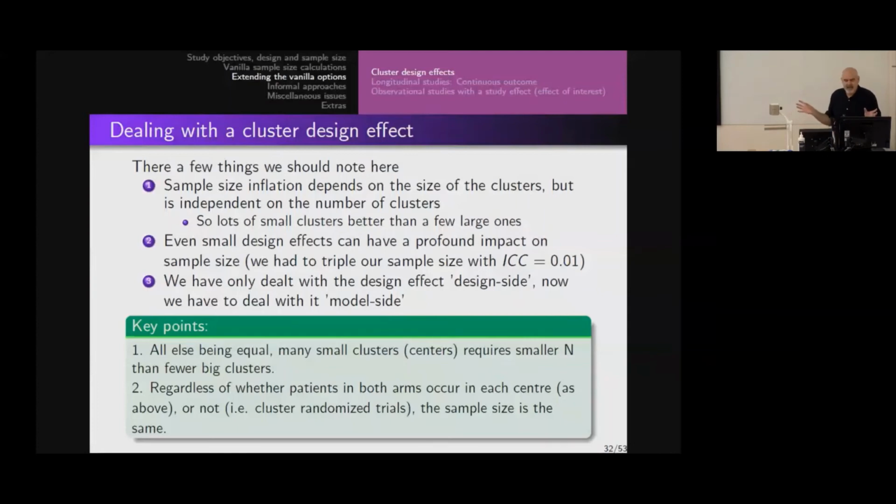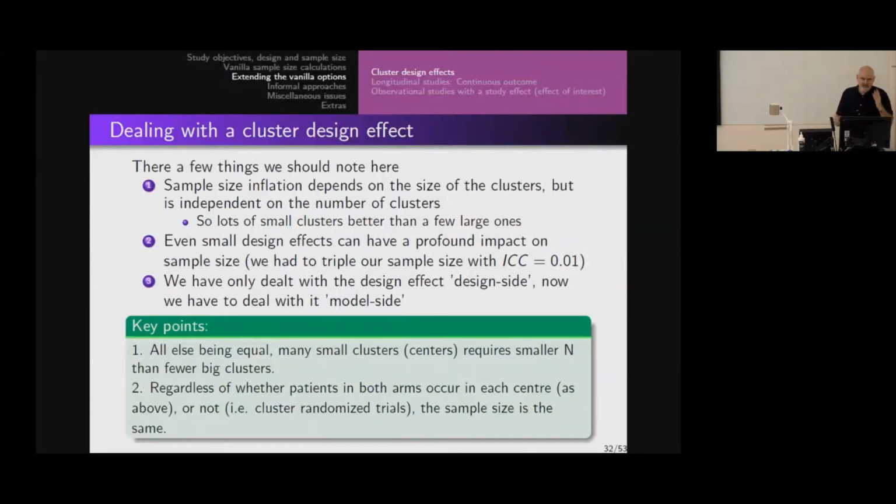Now, by the way, I should point out biostatisticians are rich and unethical, okay? We don't think about how much it's going to cost you, and we don't think about the poor patient suffering. We just say, this is the best scientific quality you can get. We do actually think about it, but we will say this is the best scientific quality, and then in reality, we have to go back and forwards, okay? So lots of small hospitals or big hospitals but only a small number of patients is going to be much better. Now that's not practical at all.